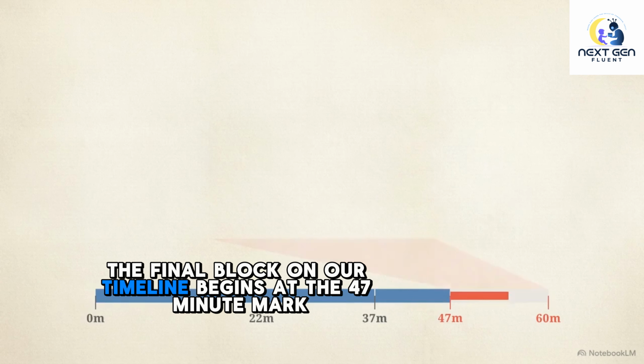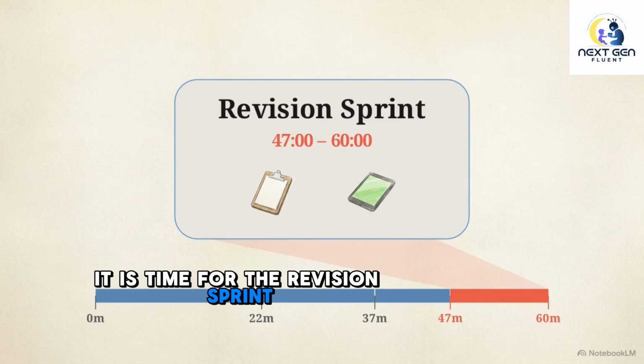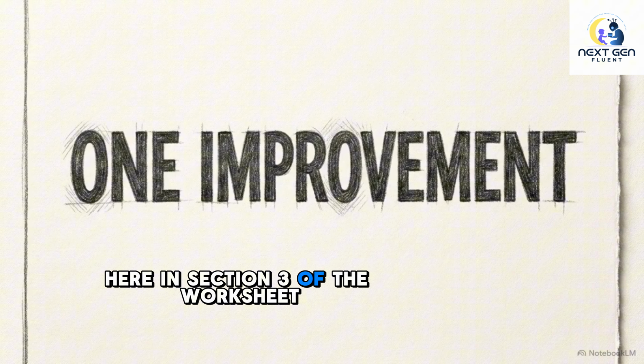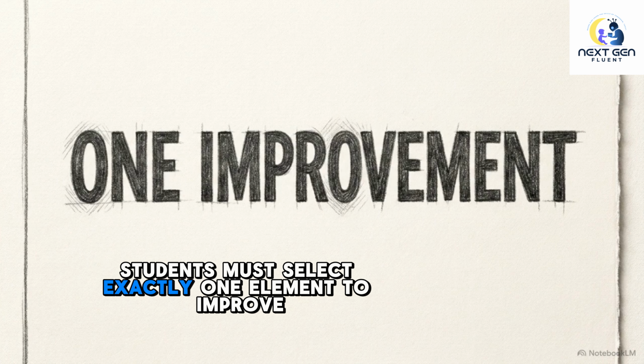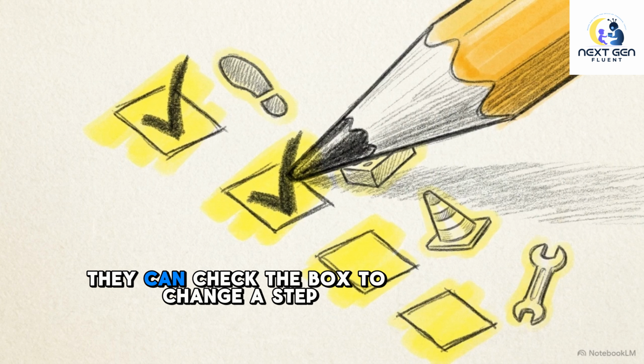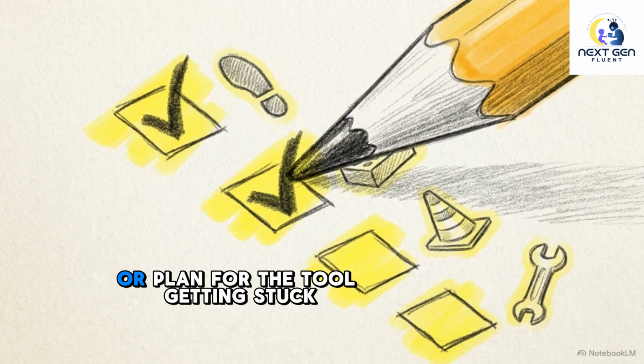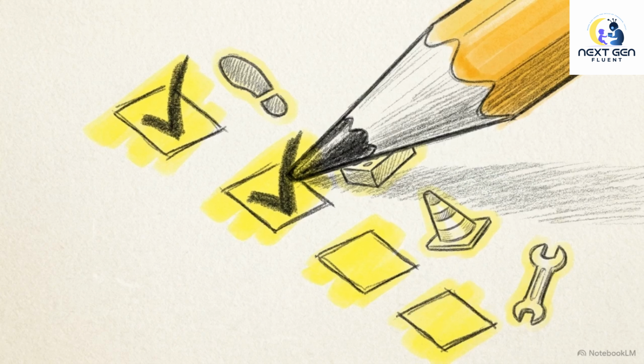The final block on our timeline begins at the 47-minute mark. It is time for the revision sprint. Here in section 3 of the worksheet, students must select exactly one element to improve to address their riskiest assumption. They can check the box to change a step, swap a material, add a safety rule, or plan for the tool getting stuck. Your job here is